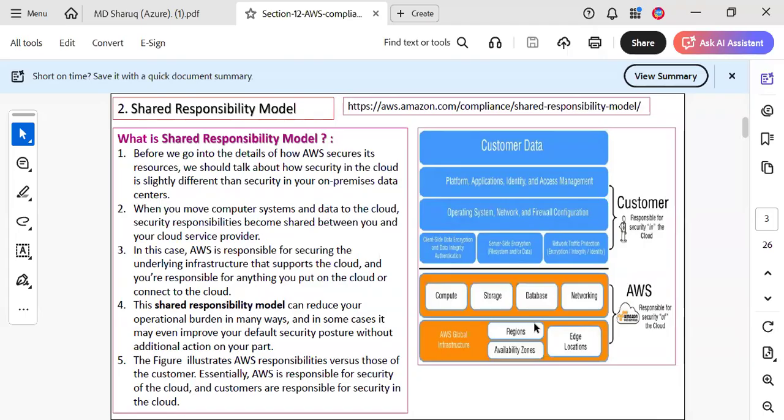Before we go into details of how AWS secures its resources, we should talk about how security in the cloud is slightly different than security in your on-premises data centers. On-premises data centers have separate policies, but in the cloud, you need to have policies according to the services managed, what services you are using. Now when you move computer systems and data to the cloud, security responsibilities become shared between you and